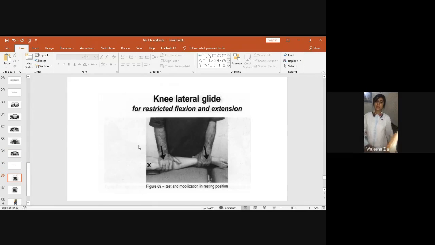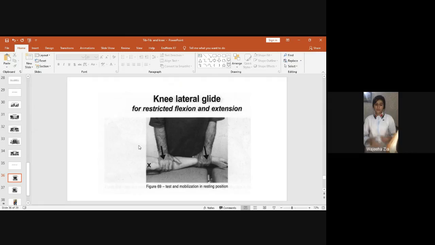Now the medial and lateral glide. The lateral glide at the knee, as I told you, the normal movement at the knee, flexion and extension are the combination of accessory movements, which are the internal rotation and the external rotation. So the lateral glide at the knee level helps to improve the restricted flexion and extension. So if you're applying the glides and there is some limited ROM, then apply lateral glides and the medial glides. You can see for the lateral glide,